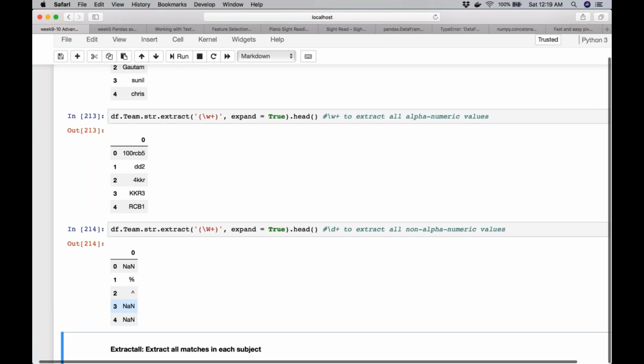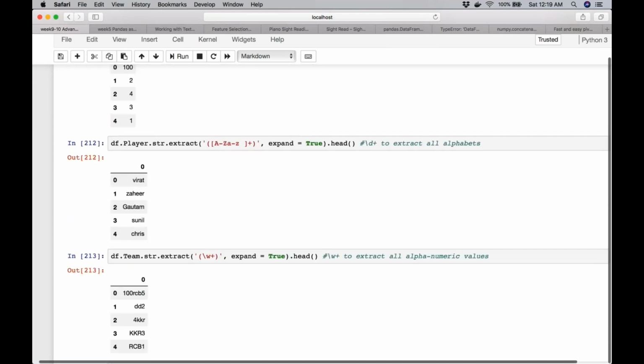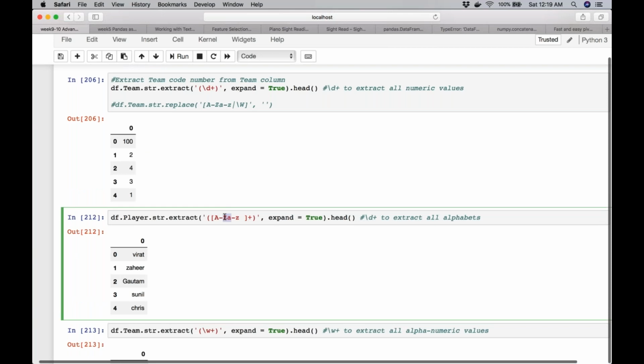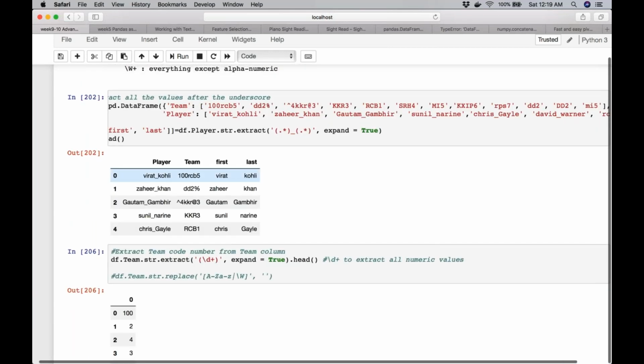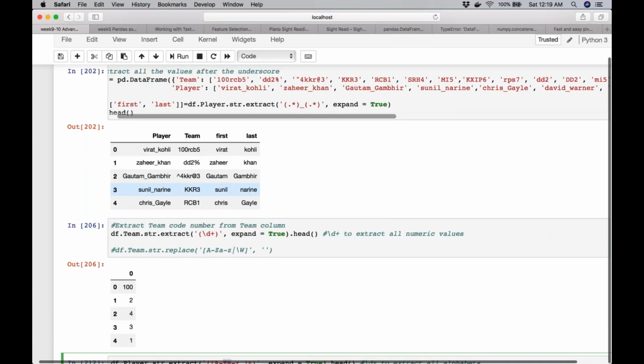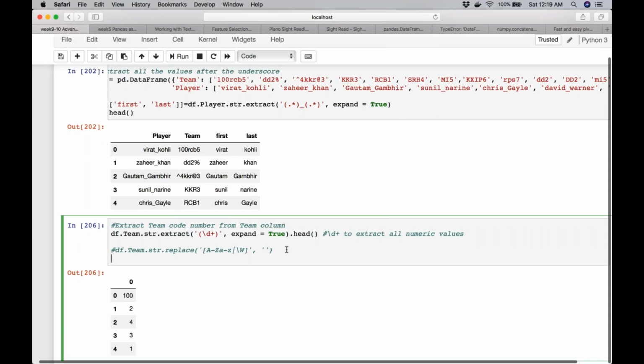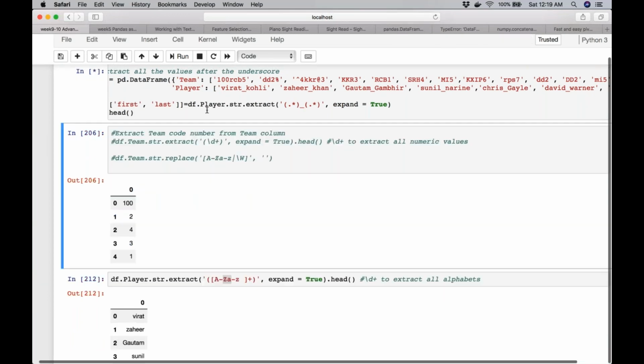So this is how you make use of different arguments in the regex, to handle a string in between numbers for the team column. Okay, so what I can do here is let me load this once again.